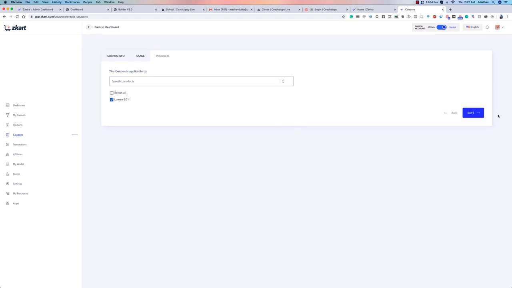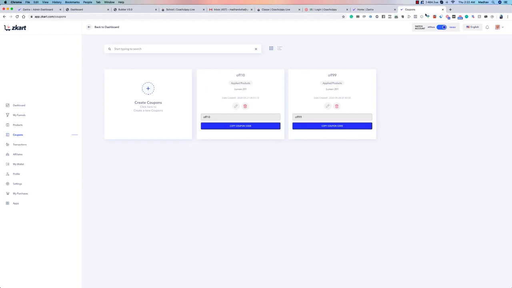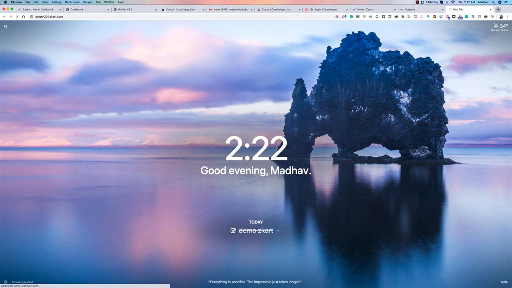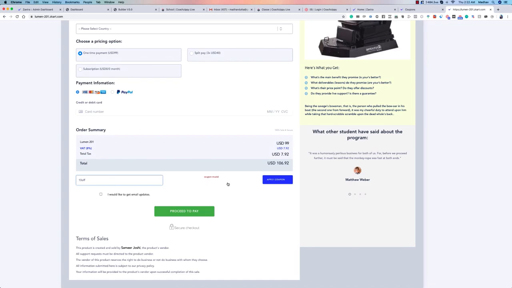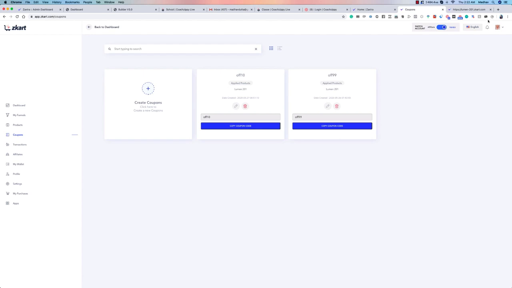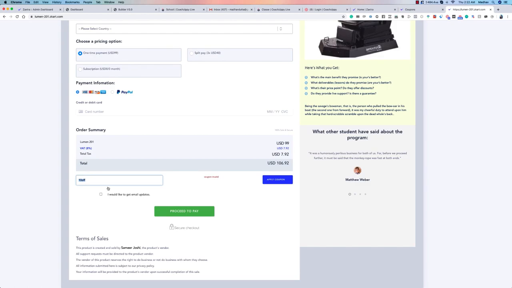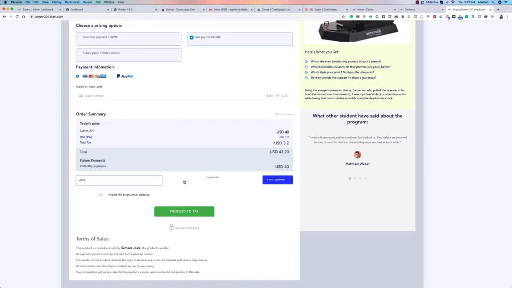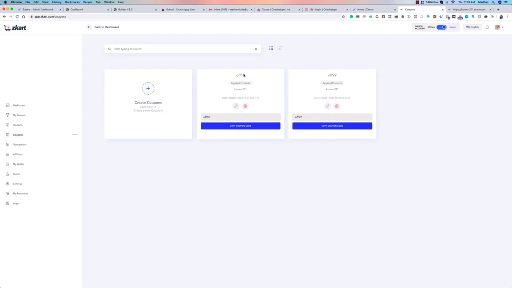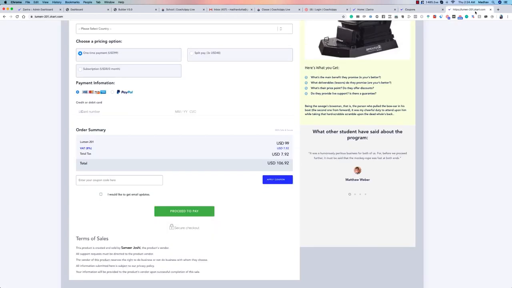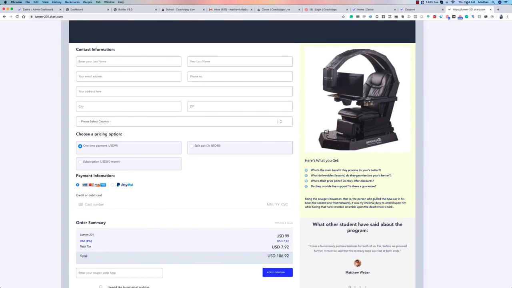If it's for a certain product or if it's for all products, let's say we take this for Lumen 201, and the moment we do that, we can see that when you go to the Lumen 201 page on zkart.com and you try to give the coupon, it says invalid code. Why is that? 10 off is not the name of the coupon. The name of the coupon is off 10. So there's a system in place so nobody can fool around with this and try to put some wrong codes in there. That's just not going to work. So it really needs to be the coupon that you've set. And the moment you set that coupon, it'll actually also work on the checkout page, and your customer will get the benefit of